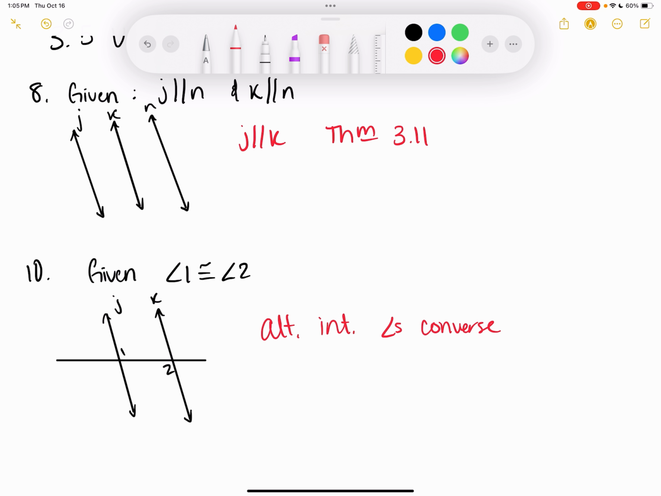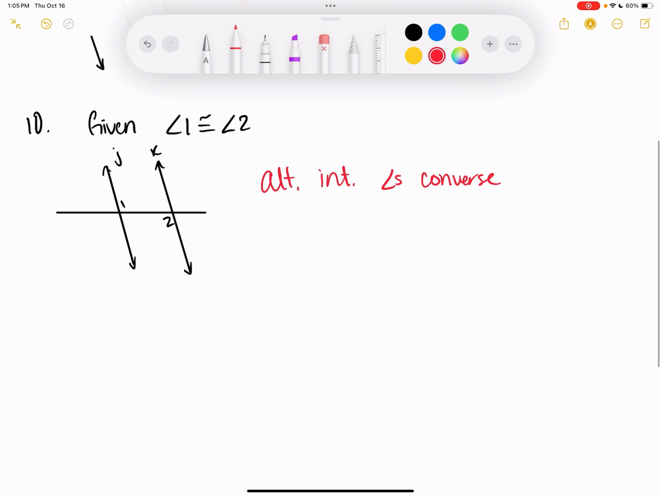Explain how you would show that K is parallel to J. State any theorems or postulates that you would use. The explain part is sufficient if you just state the theorem or postulate that you would use to do it. So I don't really know why they have this in a little separate section from the previous problems, but nonetheless, here we go. Number 12, we have 2 lines